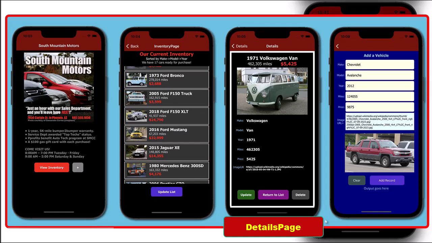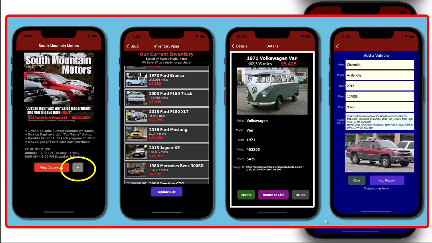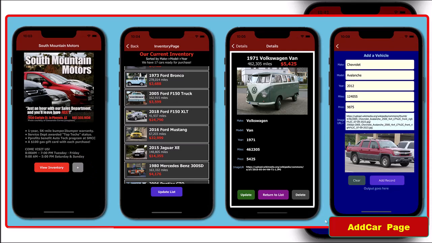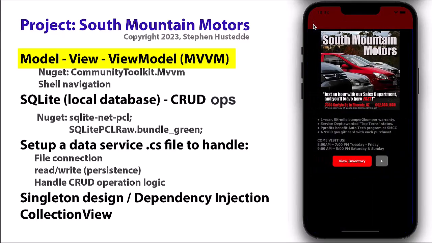And from the title page, we can go to an add car page and we can add in make, model, year, the number of miles, the price, and a link to an image on the internet that we want to use. So we'll look at how to do shell navigation between those pages when we're not using a flyout menu or